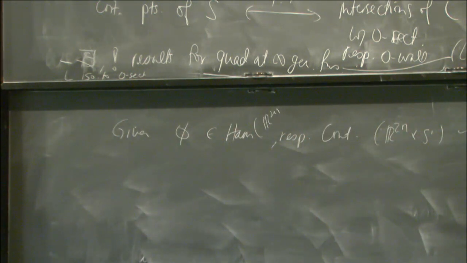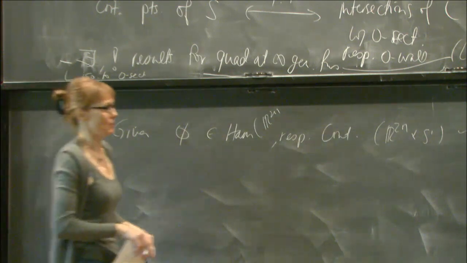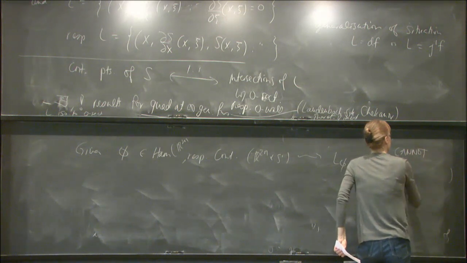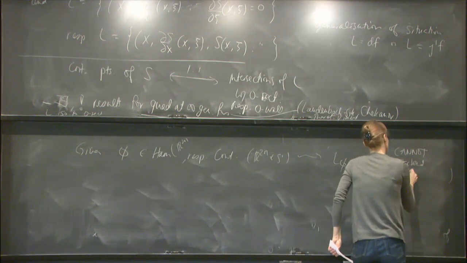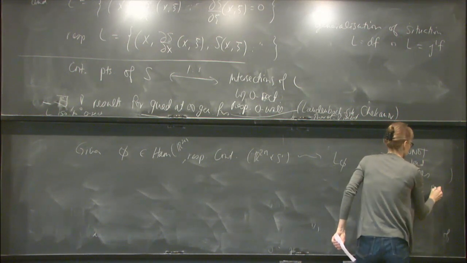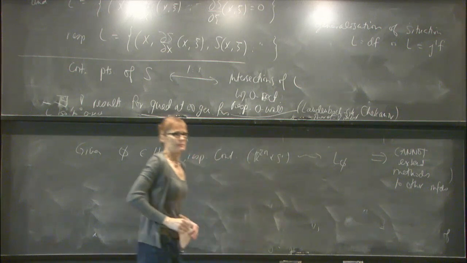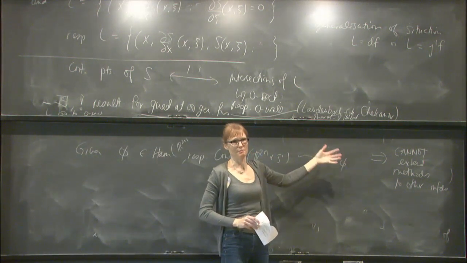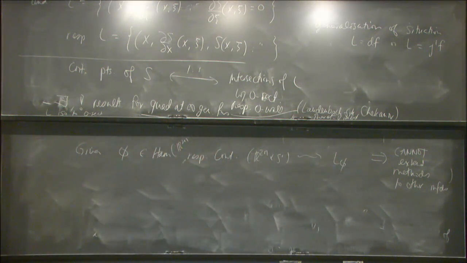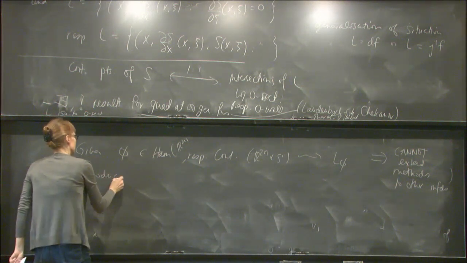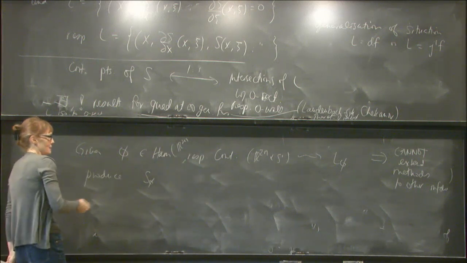This step, even though it's quite trivial, is actually the stumbling block where you cannot extend these methods to other manifolds. To produce this kind of graph in T star of M or J1 of M, it's not obvious how to do that in general. Okay, so we produce this L phi, and then we produce S phi that's associated to L phi,